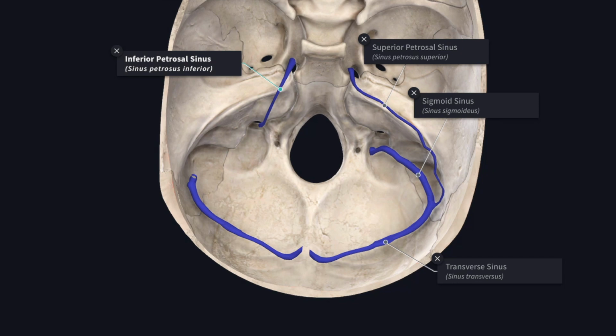The next sinus we'll see is the inferior petrosal sinus. The inferior petrosal sinus drains the cavernous sinus into the superior bulb of the internal jugular vein and lodges in the groove along the articulation between the petrous part of the temporal bone and the basi-occiput. Here you'll see the inferior petrosal sinus. It leaves the cranial cavity through the anterior compartment of the jugular foramen,